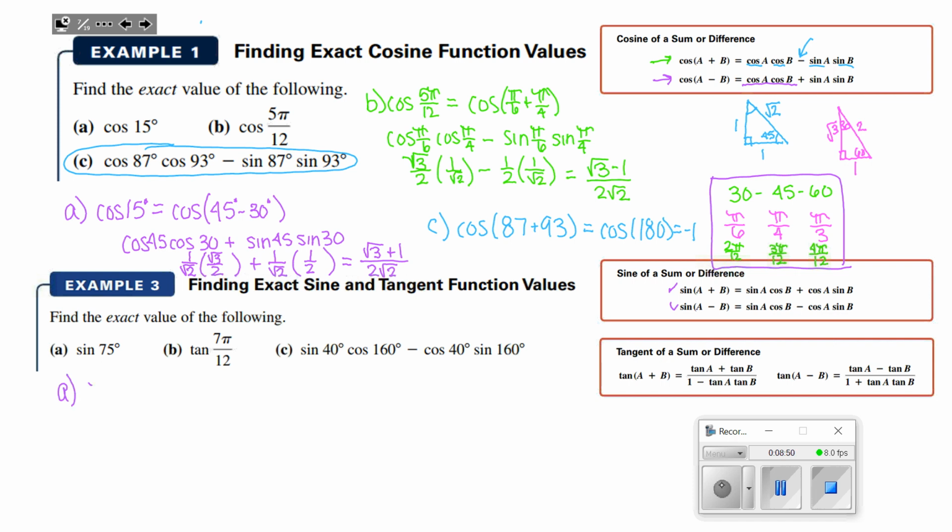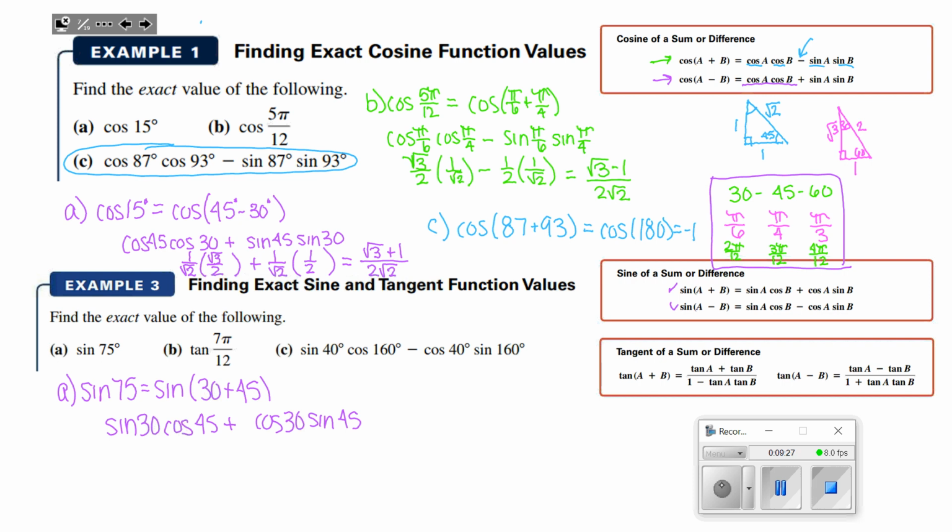So for A, I'm going to say sine 75 is equal to sine 30 plus 45. And we're going to just use the formula they gave us. So adding, I'm going to say sine cosine, and then cosine sine. So we're going to say sine 30 cosine 45, and we're going to add then cosine 30 sine 45, and we're going to use those special angles to